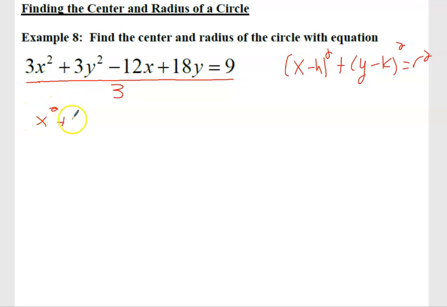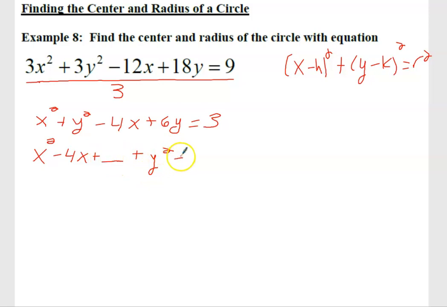x squared plus y squared minus 4x plus 6y equals 3. Right? That's just going to make our numbers a little bit easier to work with. Now I want to group. I'm going to put all of my x's together and all of my y's together. And notice when I do this, I am going to leave a little bit of a space, or a blank here, because we're going to have to fill in that blank with a number,